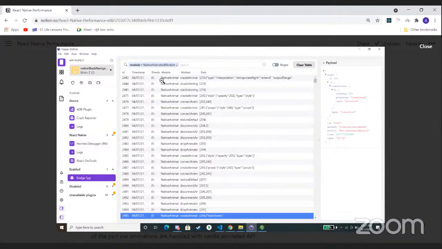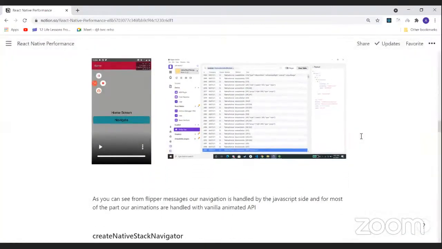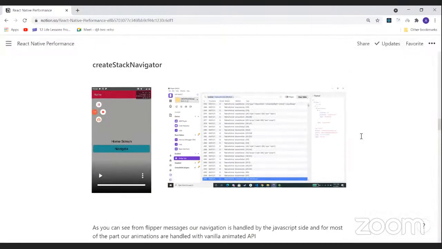As you can see, the direction is JavaScript to native here, and it is invoking native animation. So, as I said earlier, it is a JavaScript-based solution. And recently, the animation Create Stack Navigator uses is made with the vanilla Animated API, so you might see a performance degradation there.